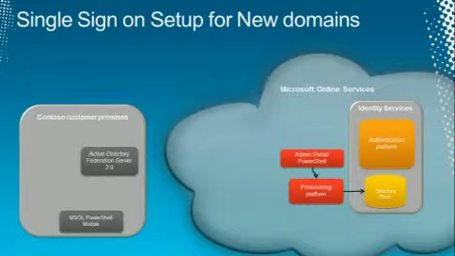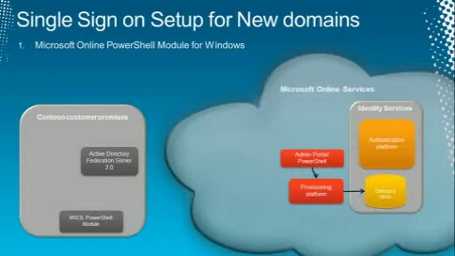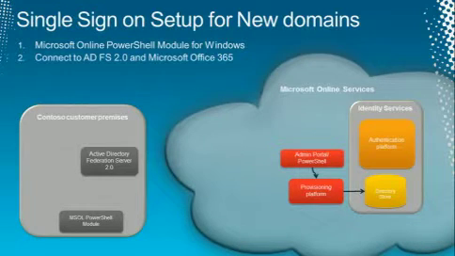So here's the model I started with earlier. There's a new component, as I said. We have PowerShell now in Office 365. It's called the Microsoft Online PowerShell module for Windows. We wanted to get something nice and short. So the first step is really to get that. So we create the company, and we like you to set up a federation before directory sync. So we go ahead and we say,